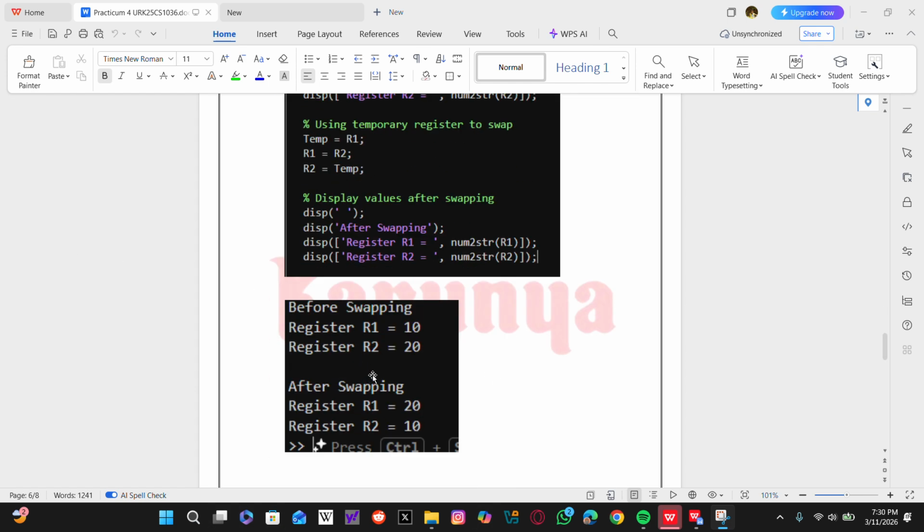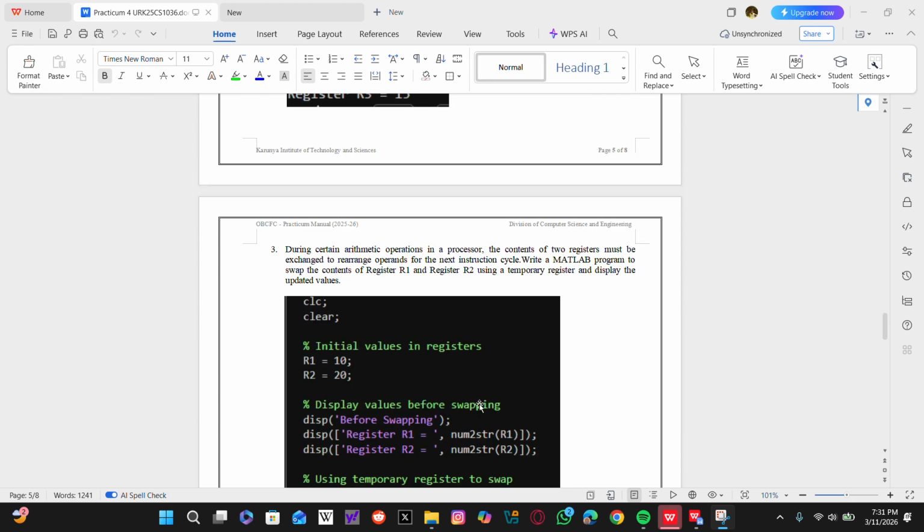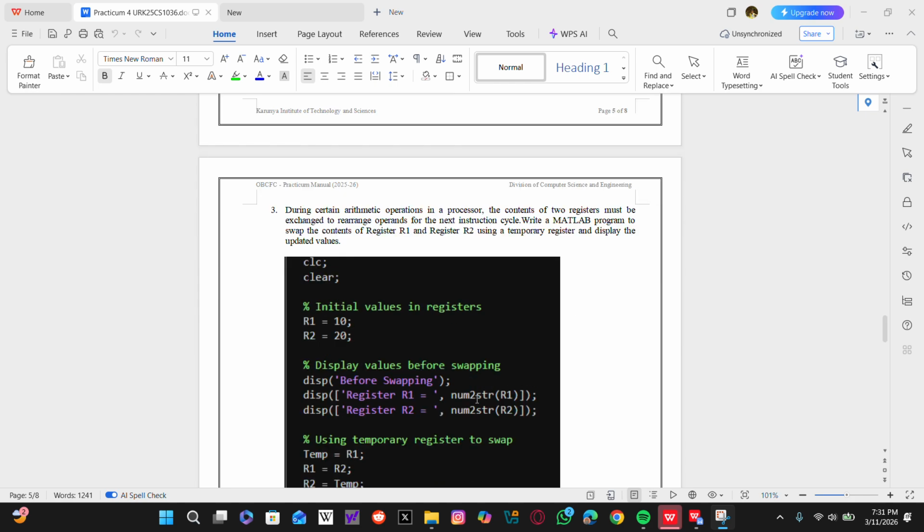And here's the output which has occurred. Before swapping, the values are R1 is 10, R2 is 20. After swapping, the values have been replaced respectively. For R1 it is 20, and for R2 it's 10. Notice that you can see the difference between before swapping and after swapping. So there you go. These are the questions which have been done